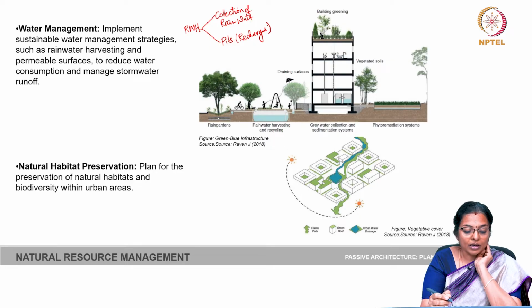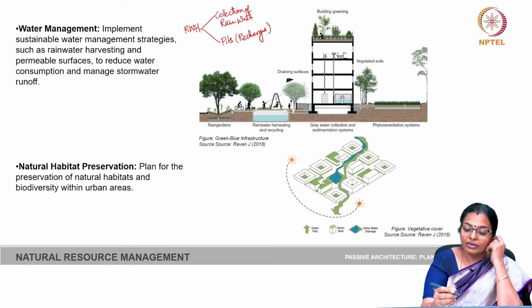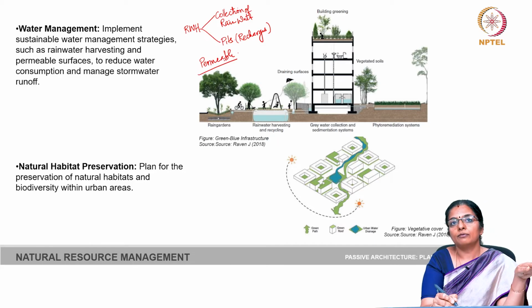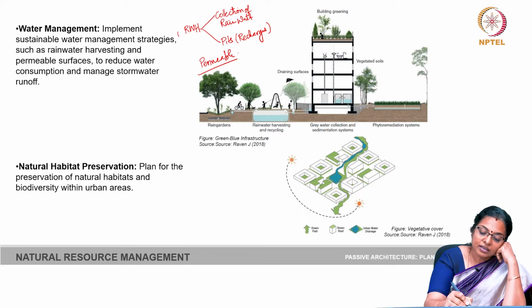Then other strategies can include having permeable surfaces. Your surfaces can be permeable. Instead of having surfaces through which water cannot seep inside, you can have surfaces which are made up of permeable materials, and then you must reduce,